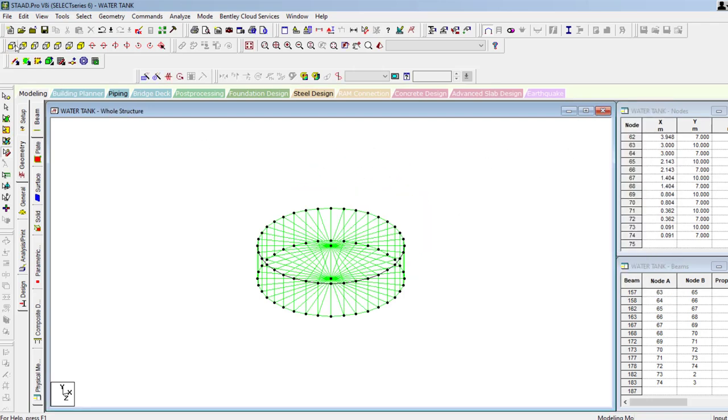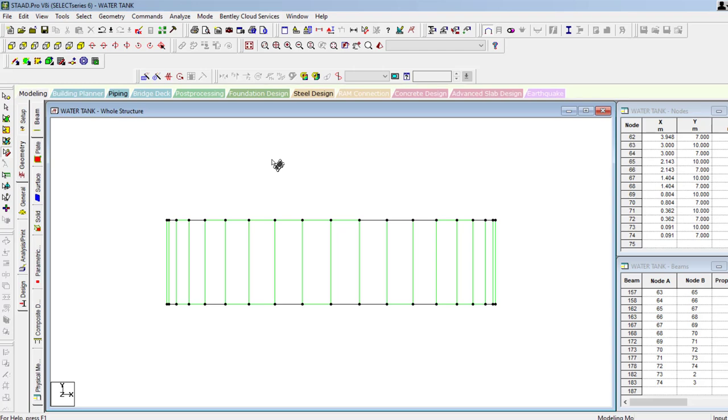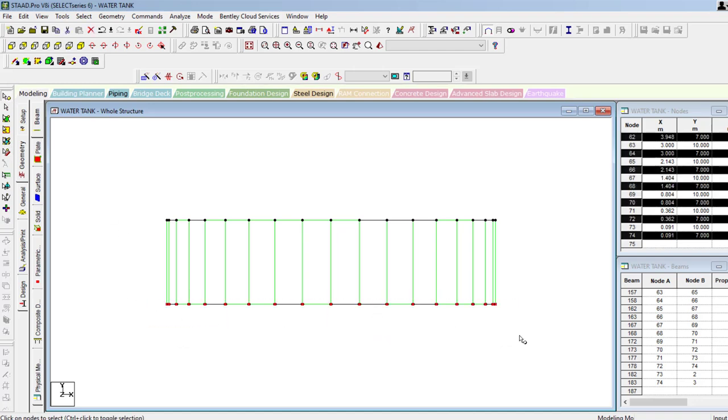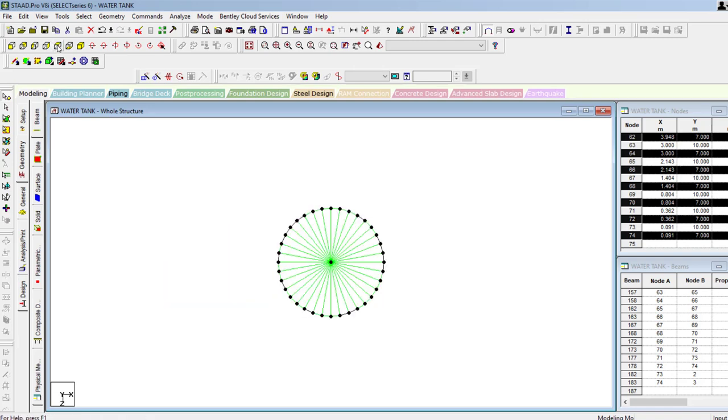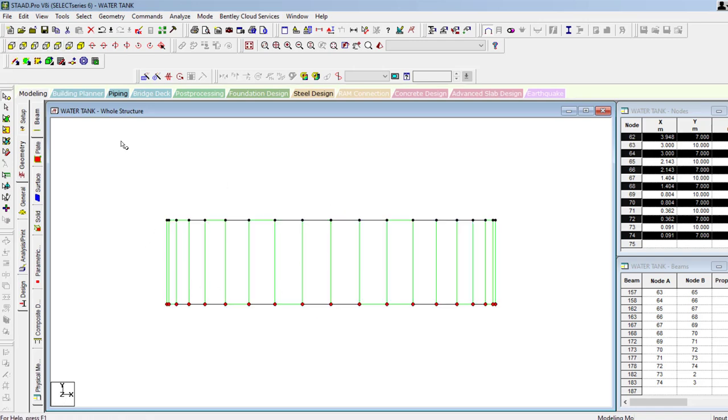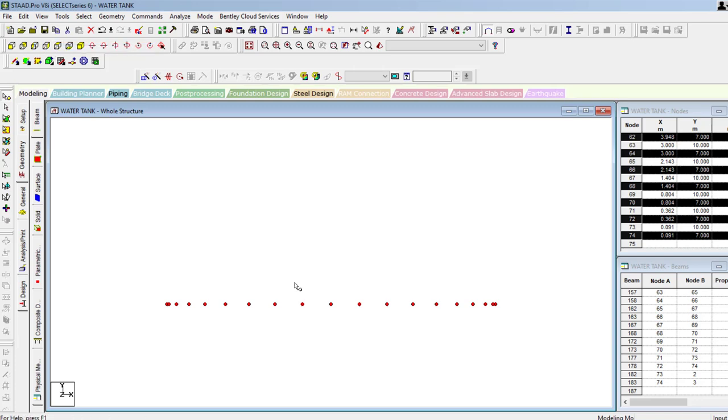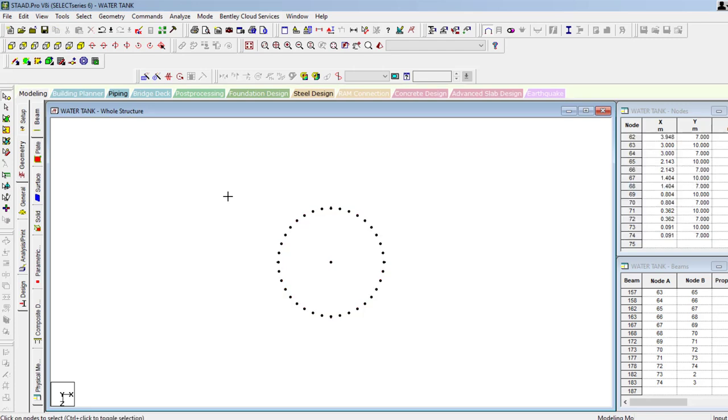Once I am done, I want to copy it multiple times. That is about 4 steps. For that, I just go with the node cursor, select these bottom nodes and then click on the top view, or else you can say view selected only, so that you are able to see only these selected nodes in the top view. Go to top, click outside to deselect all the nodes first, and then I want to repeat it for the column.